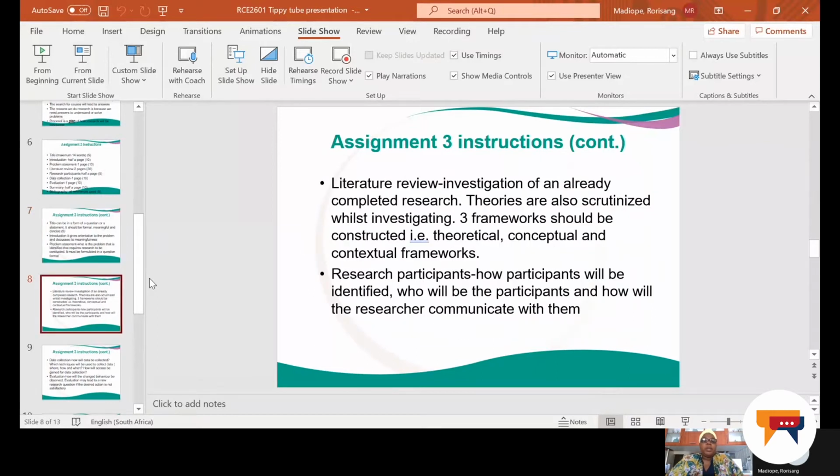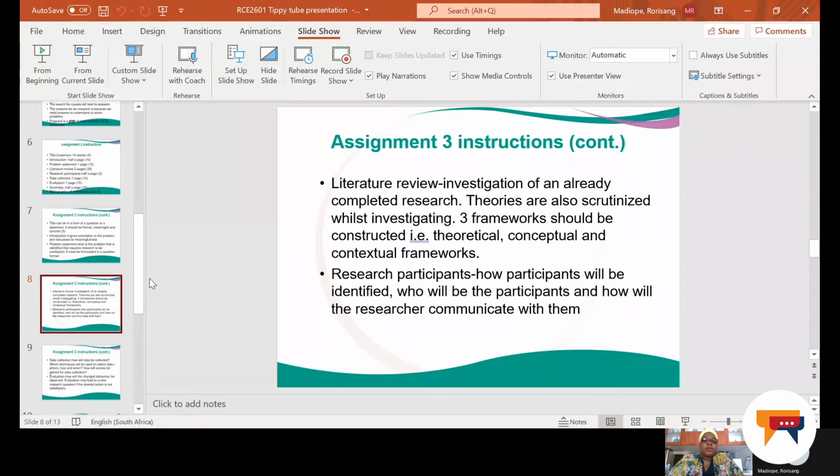Literature review, an investigation of an already completed research: what are other writers saying about the topic that we are discussing? Theories are also scrutinized whilst investigating. You must check theories that are linked to this topic. 3 frameworks should be constructed. That is theoretical, which theory supports your research, the concepts that are related to the study, and then lastly, you need to discuss the conceptual